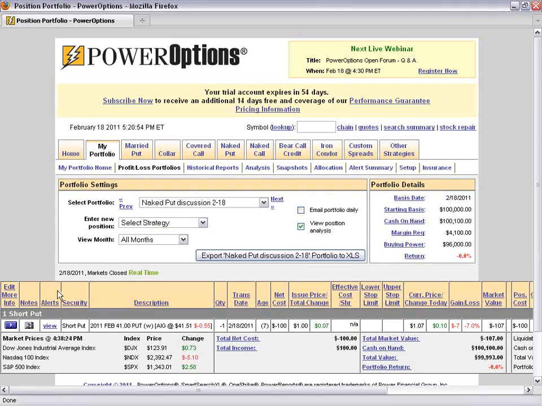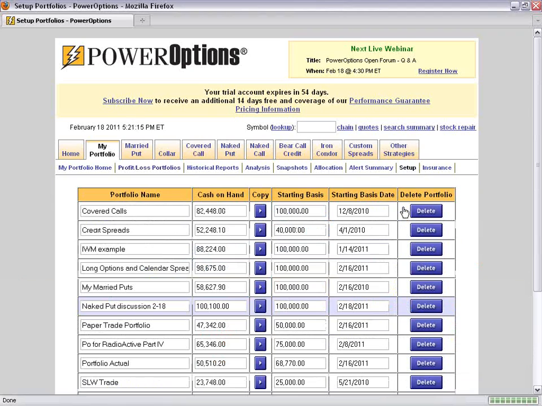All right, so we have a basic short put or naked put position in the new portfolio we created. I want to make the cash on hand a little bit more reasonable. Instead of $100,000, let's go ahead and change it to, think about this for a moment. Yeah, let's change it to $10,000. So I'm going to click on Starting Basis. And this takes me to my values for all of my portfolios. Now we did collect $100, so I'm going to change my cash on hand to $10,100